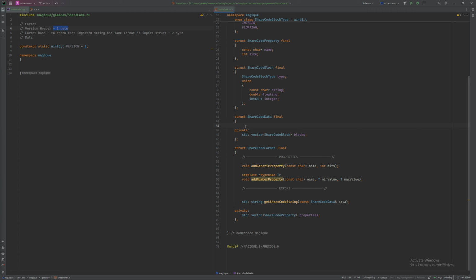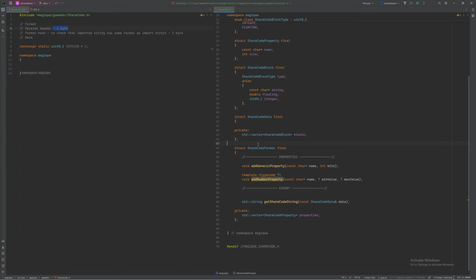But maybe we should still have the possibility for the first option open, because it's really universal. Then a ShareCode is like a full package. Everything you need to interpret the ShareCode is inside the ShareCode, which is easy. But what I'm going for right now is that you get a ShareCode and you import it